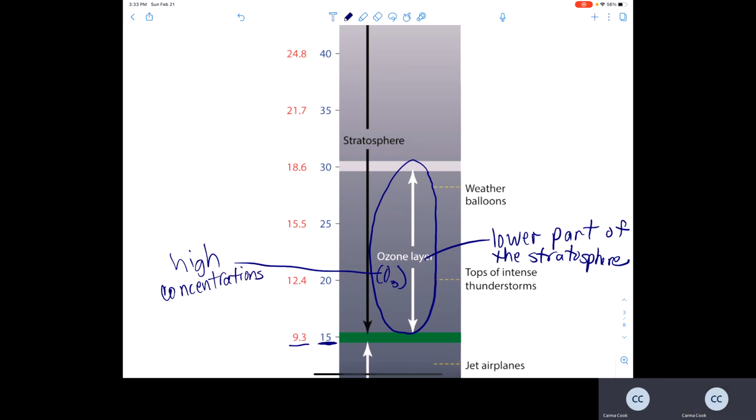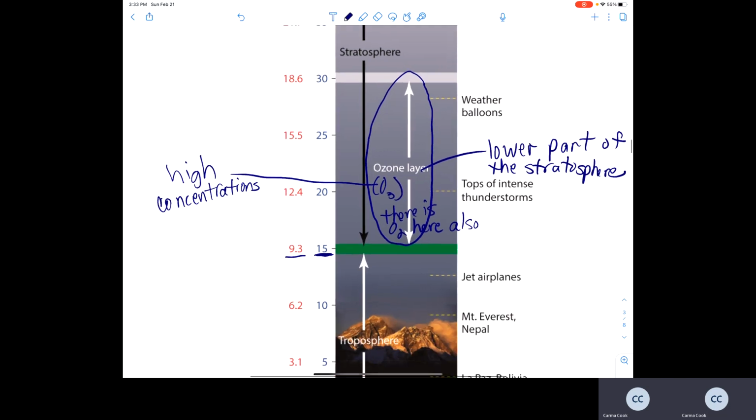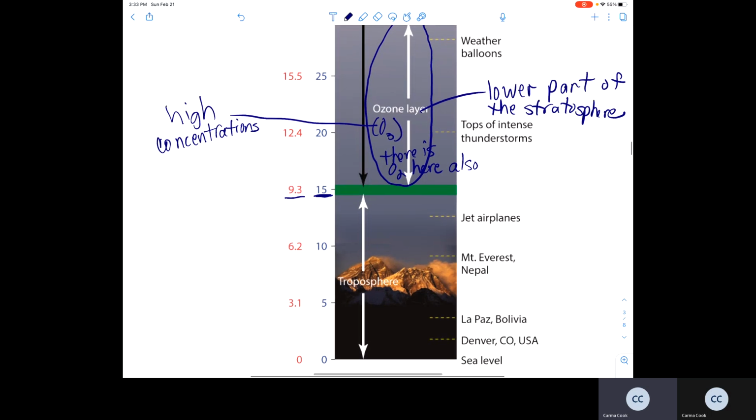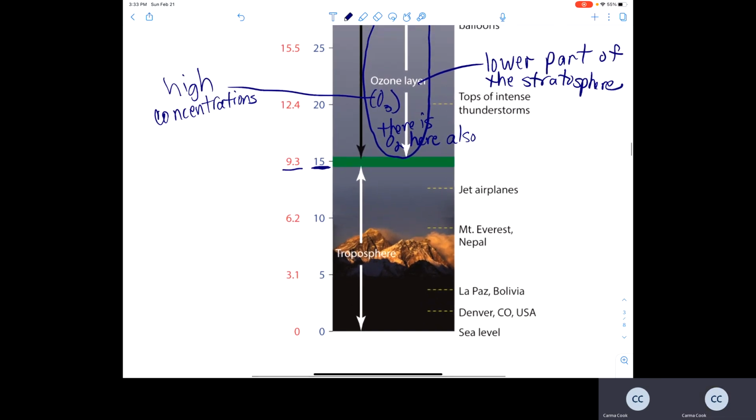And it's the ozone here in the stratosphere, along with O2. So there is O2 here also. It's in the stratosphere where the dangerous UVC radiation is absorbed by the oxygen and the ozone in the ozone layer, and therefore it prevents the dangerous UVC radiation from reaching the troposphere. And so the troposphere, you've got some